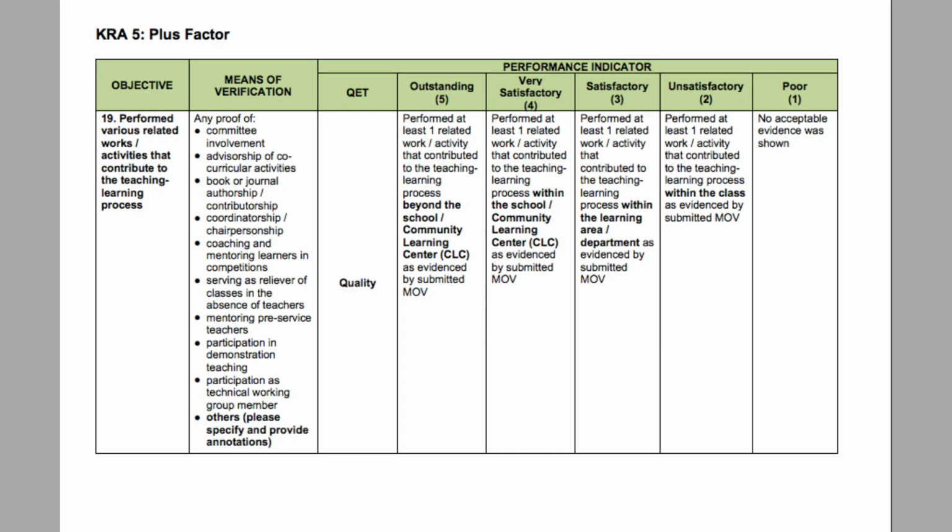For KRA 5 plus factor, Objective 19, perform various related work activities that contribute to the teaching-learning process.